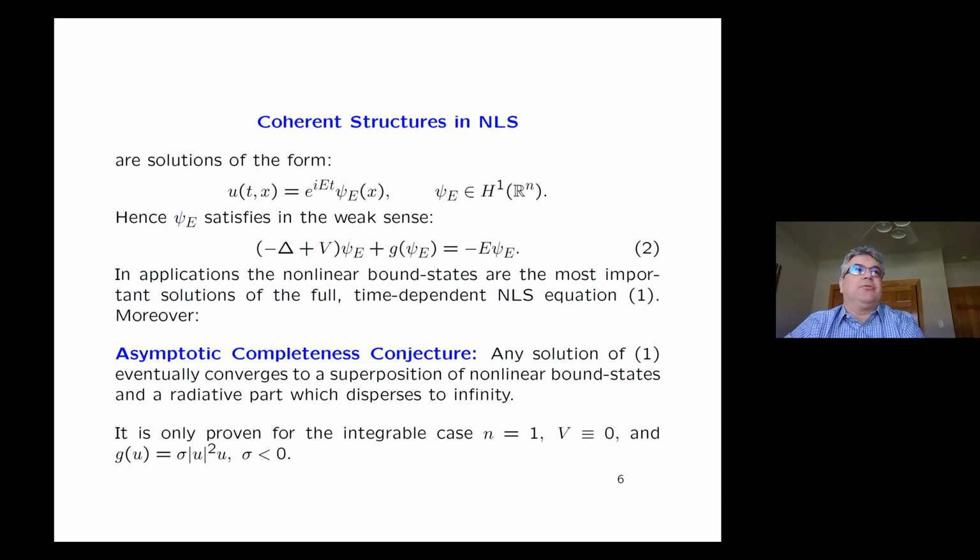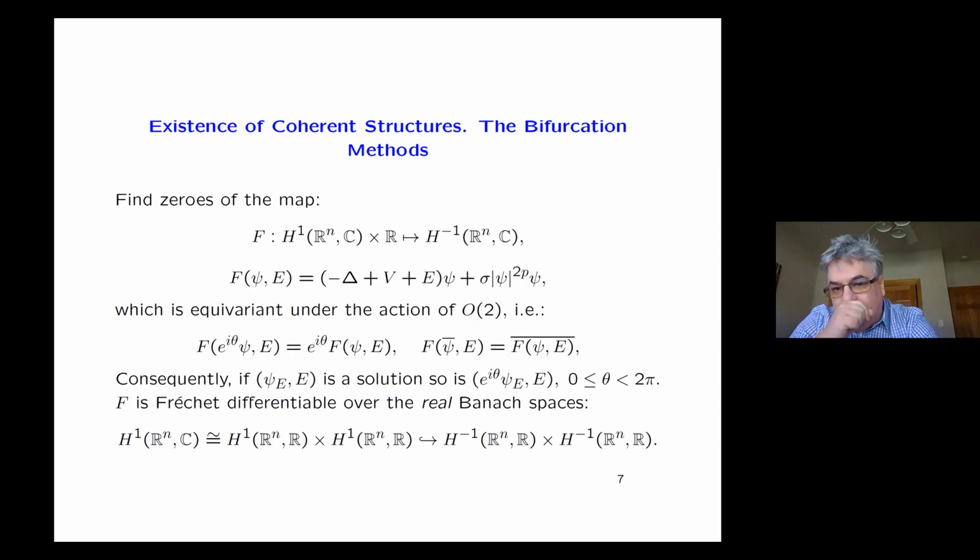If you have questions regarding that, please ask them maybe at the end, but I don't want to dwell too much on this. I would like to present you a new technique that will, I hope, in my lifetime, let's say, solve at least the problem, not the asymptotic completeness, but at least find all the possible coherent structures. And then we'll see, depending on what the initial data looks like, to which they might converge, modulo a radiative part that disperses to infinity. So the method I would like to show you is a